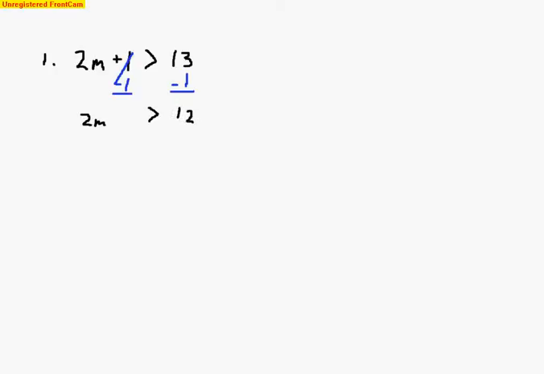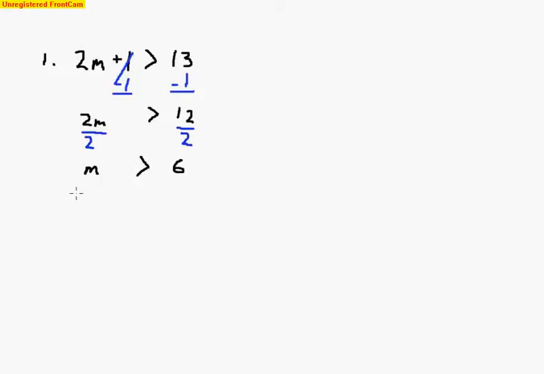So I have one more step to do in order to get m by itself, and that's to divide by 2, because the 2 is right next to the m. When a number is right next to a variable or parenthesis or absolute value, that means multiply. So to undo that multiplication, we're going to divide. So once I've divided by 2, I've got the value of m, but even though 12 divided by 2 is 6, m is not 6. It's an inequality. m is greater than